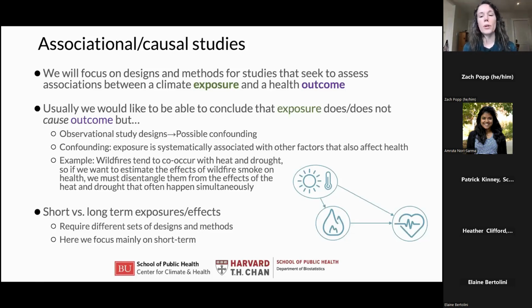Usually this sort of disentangling from a statistical perspective happens via regression modeling techniques, although you'll see later that there are some other techniques that can be used to try to do this. But let's say that you're clever and you realize that heat and drought are possible confounding factors in your study of the effects of wildfires on health. So you use some statistical modeling to adjust for heat and drought exposures to try to disentangle the effects